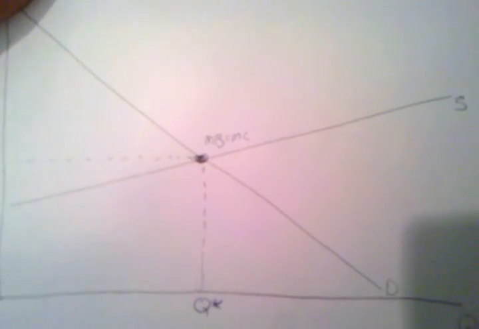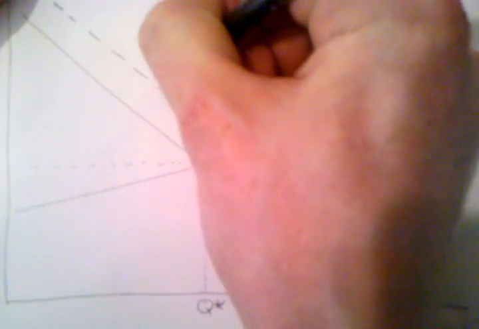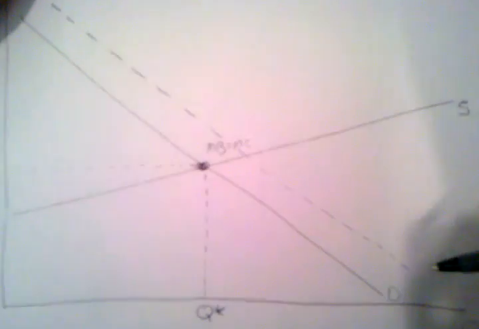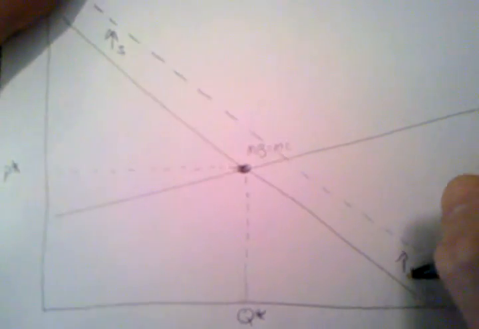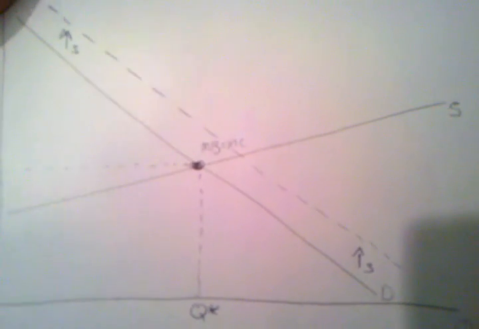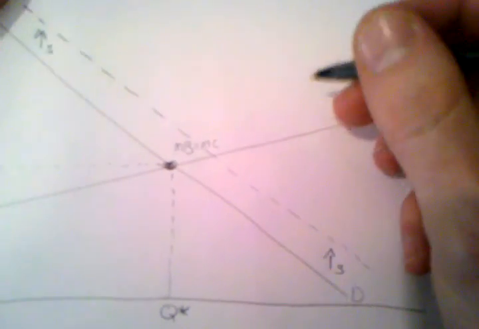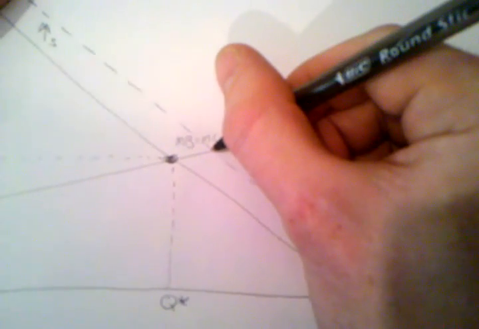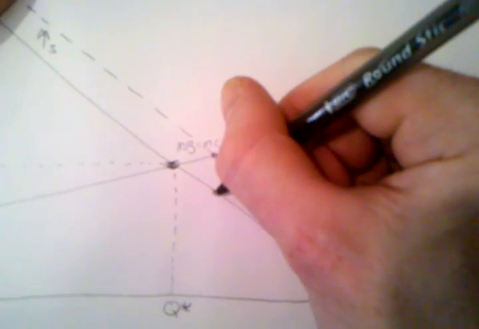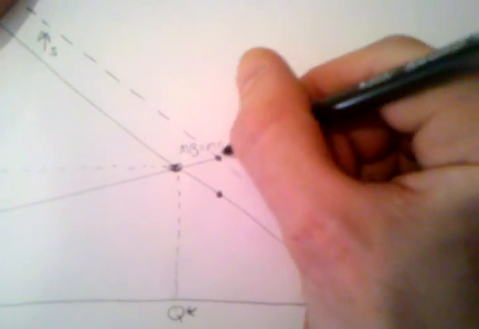Now, when the government provides a subsidy for the consumers, it's going to shift the demand curve up by whichever this amount is, and that's going to be denoted by the small s. So then we have our new prices,